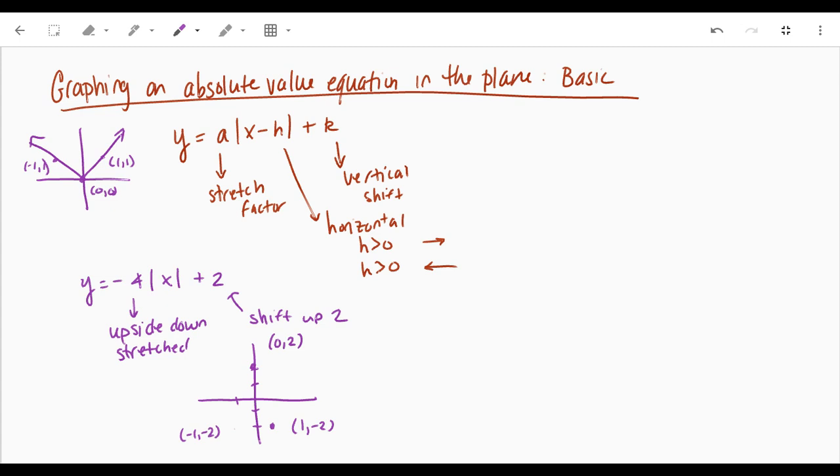Okay, and before you submit, just make sure you've checked all of those things. It's upside down, it's stretched by a factor of 4, okay, and I've also shifted it up 2. All right,